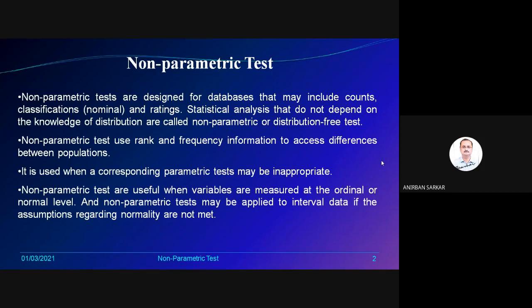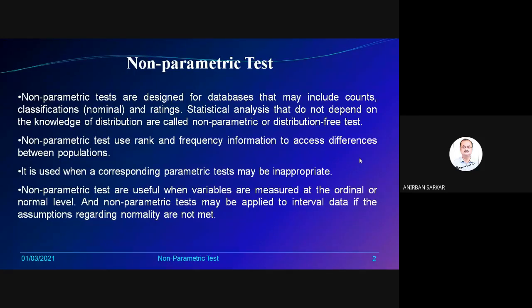Please make it a point that when you are dealing with categorical data, for example nominal or ordinal data, which we call non-metric data, on those data we do the non-parametric tests. In parametric tests we use the raw data, and in non-parametric tests we use the ranks and the order of the ranks. We convert the raw data into ranks from lowest to highest values, and on the basis of the order of the ranks we do the analysis.